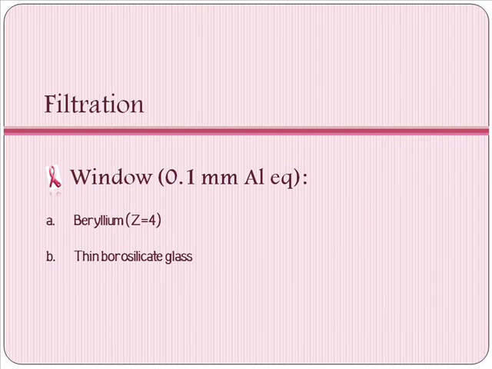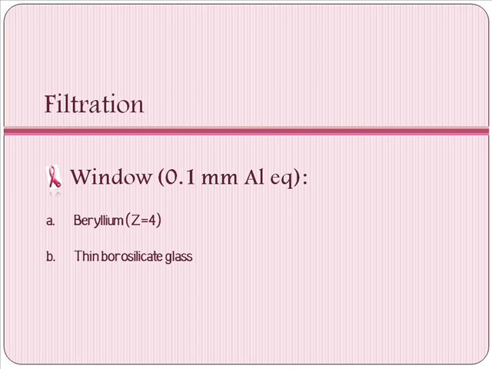Now we move on to the filtration. As we all know, filtration can be divided into two, which is inherent filtration and added filtration. I'll touch more on the inherent filtration first. As we all know, inherent filtration is the filtration that we cannot avoid, such as the window of the X-ray tube. Usually the window of the X-ray tube is 0.1 mm aluminum equivalent, and the composition or